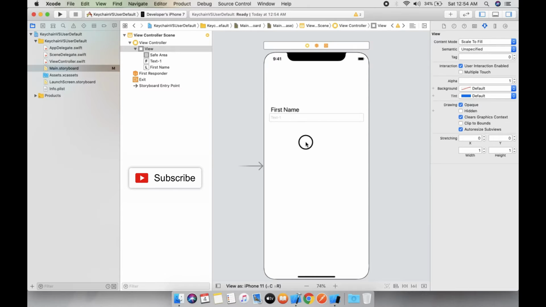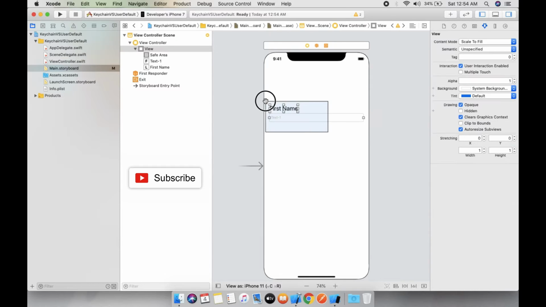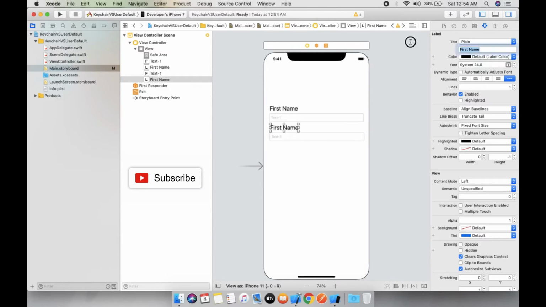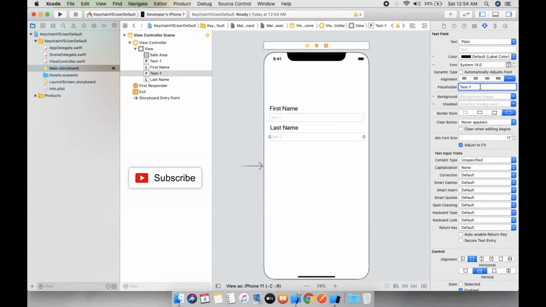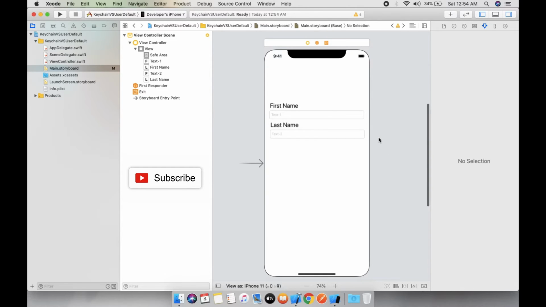For this, let's take one more, last name. With this example, the placeholder is text2. So in this screen you can see first name and last name.